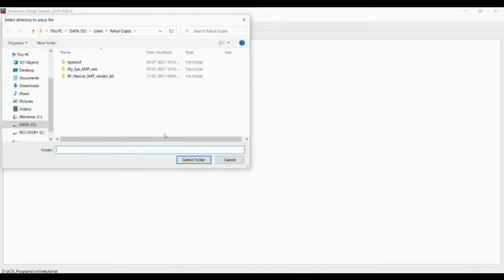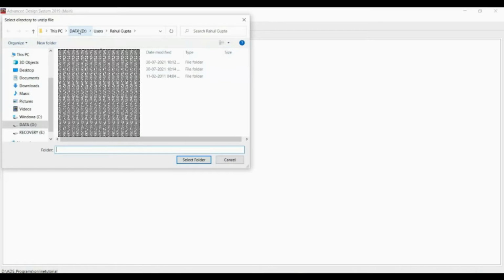You can either open it, and then it will ask you to select a folder where you wish to install this particular library. So you can either choose your directory where you have installed the Keysight ADS, or you can choose any other directory where you wish to include it.